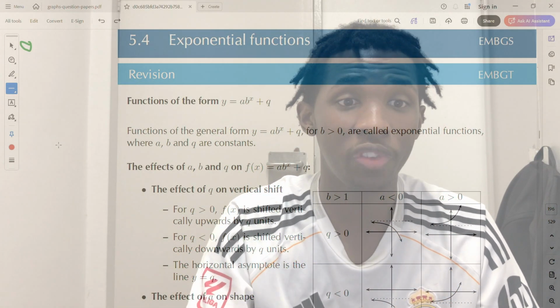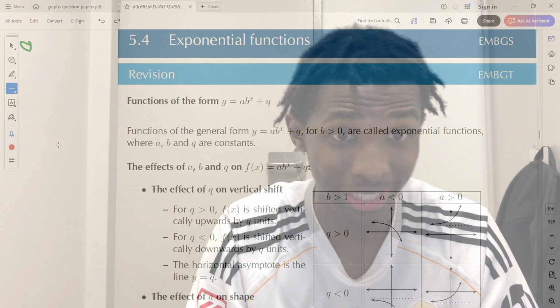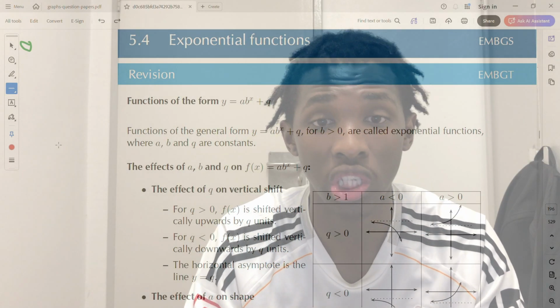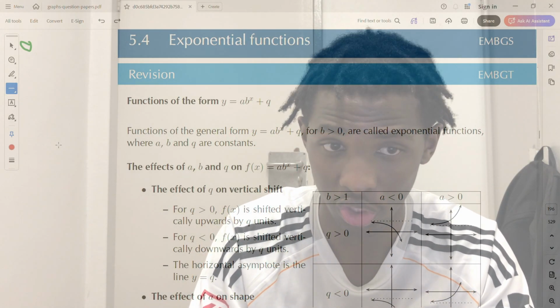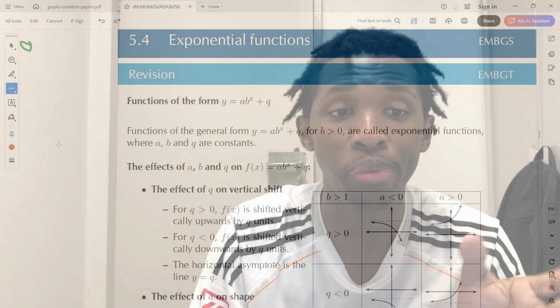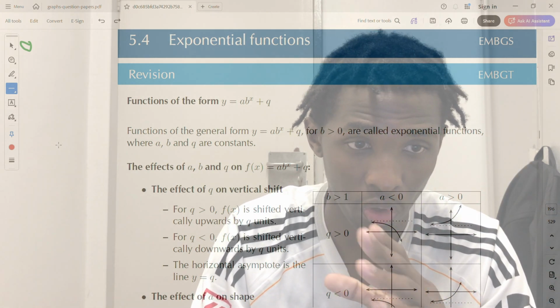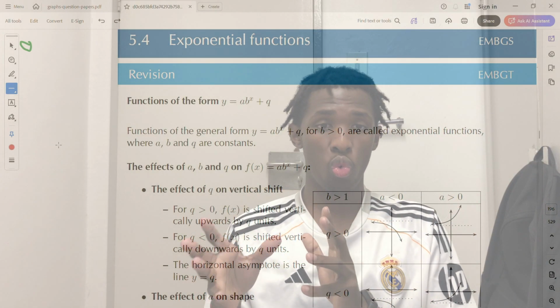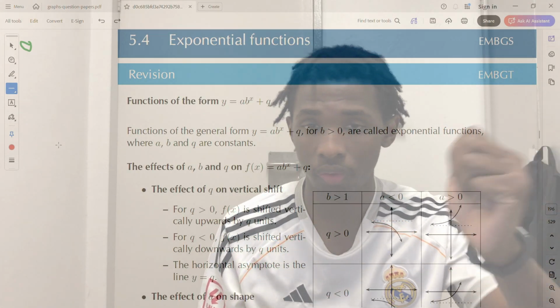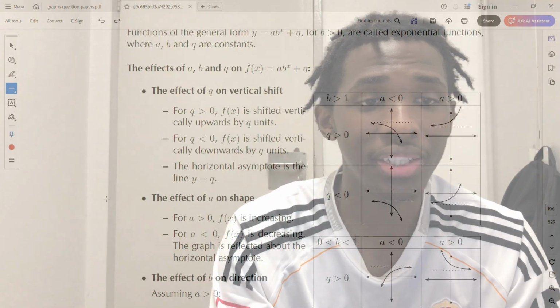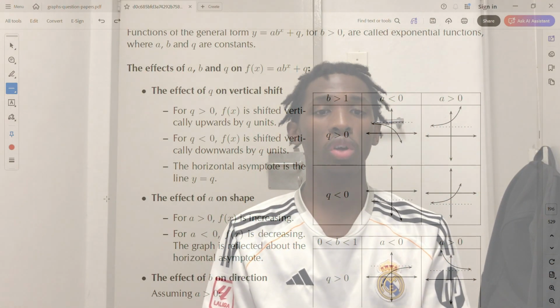So functions of the general form y is equal to a times b to the power of x plus q, for all the values of b that are greater than 0, are called exponential functions, where a, b, and q are constants. Now I said we're going to look at the effects of a, b, q on our graph. What it says here is the effect of q